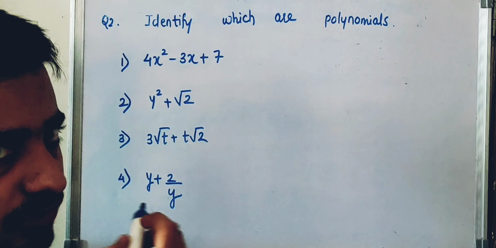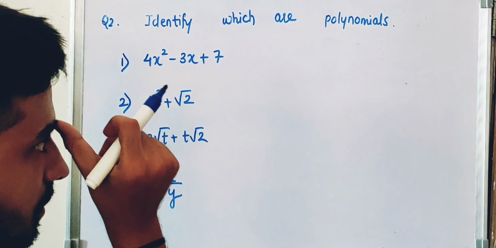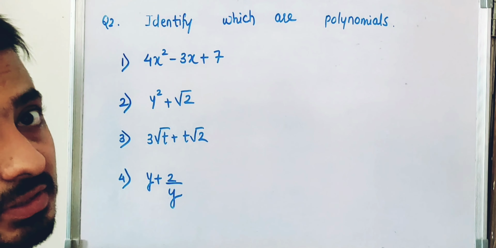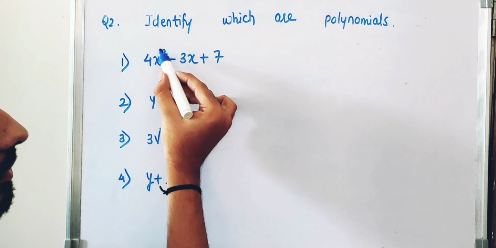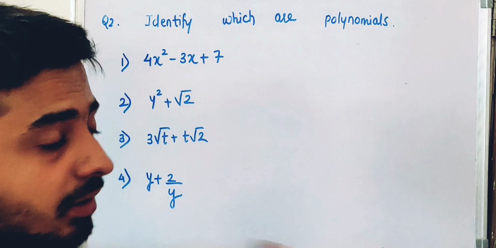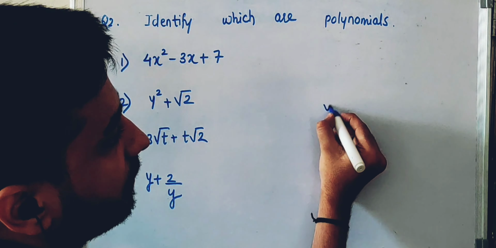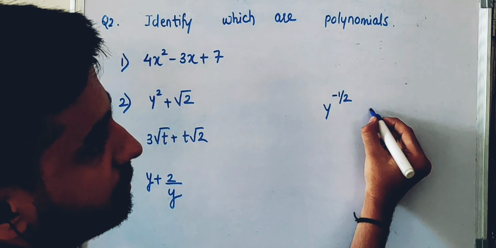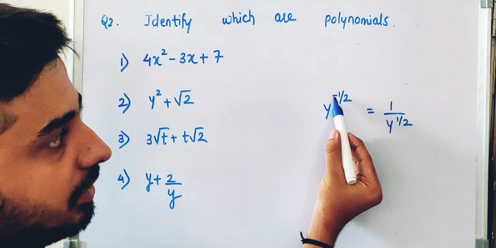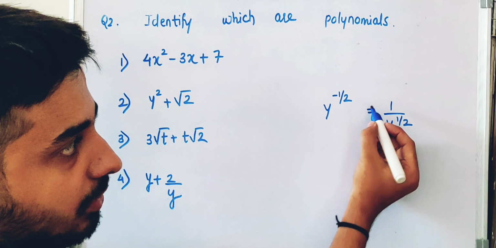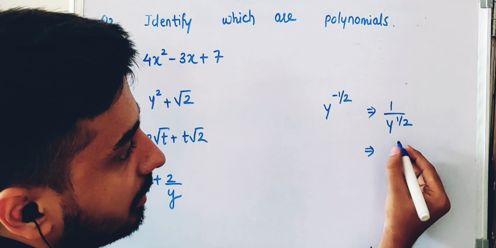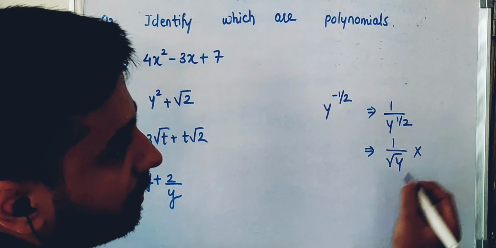This topic we have not discussed theoretically. We are going to deal with it by using a question. What is the question? Identify which of the following are polynomials. See, the power of x is decreasing. And what is the first basic condition? The power of x will not be in the form of fractions or negative. For example, if the power of y is minus 1 by 2, it is nothing but 1 upon y to the power 1 by 2. To convert the power into positive, we have to take the reciprocal. And what is y to the power 1 by 2? It is nothing but root y. We can write it like this, 1 upon root y. So this will not be a polynomial.